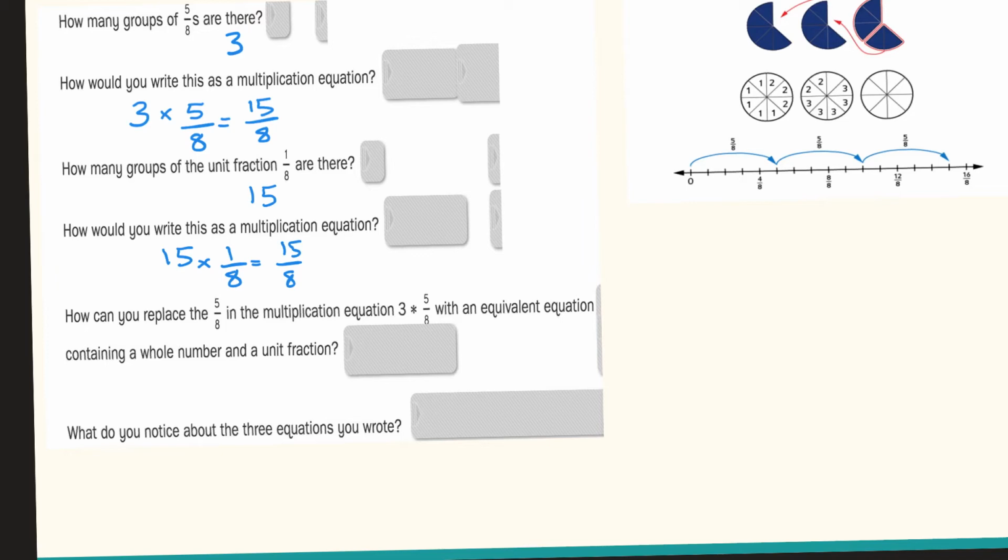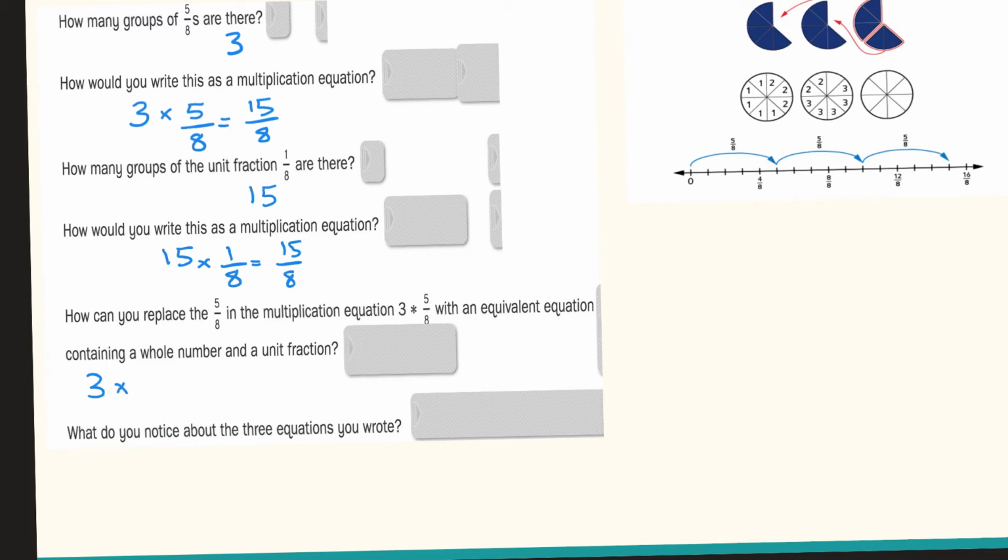Okay, so how could you replace the 5/8 in the multiplication equation, 3 times 5/8, with an equivalent fraction containing a whole number and a unit fraction? So that's a lot of words, and let me break that down for you. They want you to continue to do this equation,